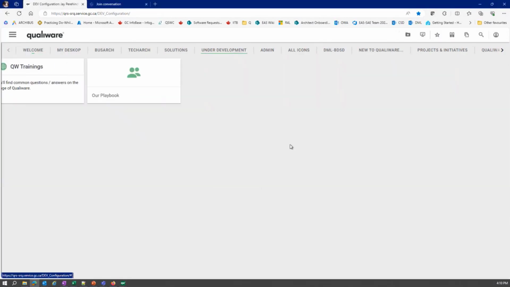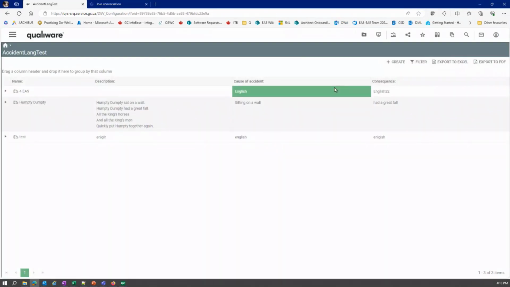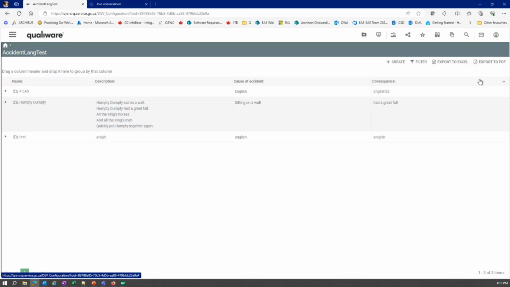You seeing my screen? I am. All right. I kind of use accident as a dummy template, so this could apply to any type of template. It has to do a little bit with governance, but it's more about languages than anything. English and French is a bit of a dilemma that I seem to come across every once in a while. So I'm working in English right now.